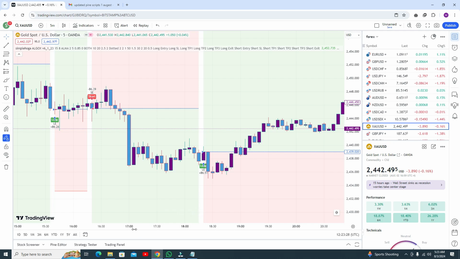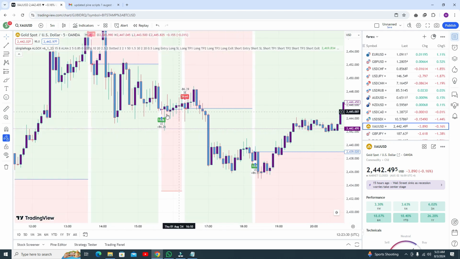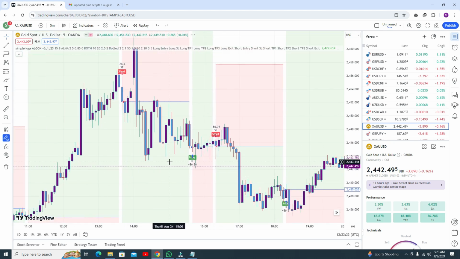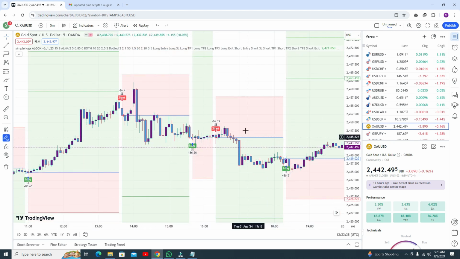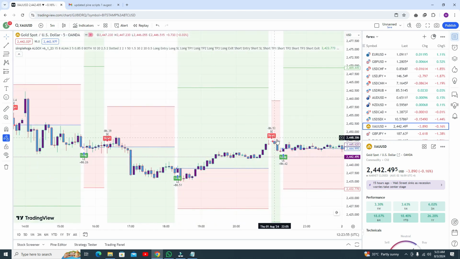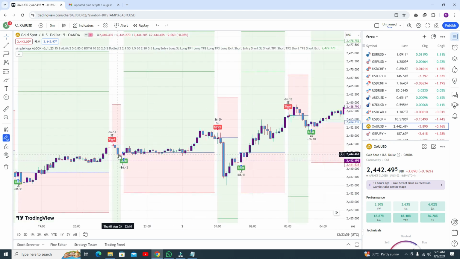But the problem here is, because I'm selling this indicator, I need to show you the problems as well. In the crypto pairs, you can see the stop loss is very big compared to the take profit. In this trade you are not getting profit, but in the sell trade you got profit, in the buy trade you got some good profit, and in the sell trade you got just a few cents profit.